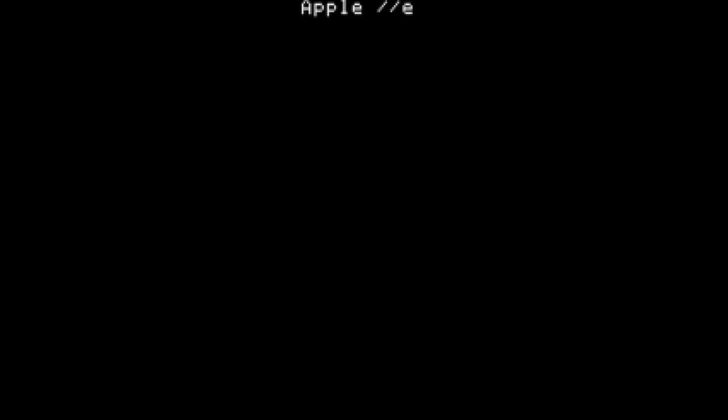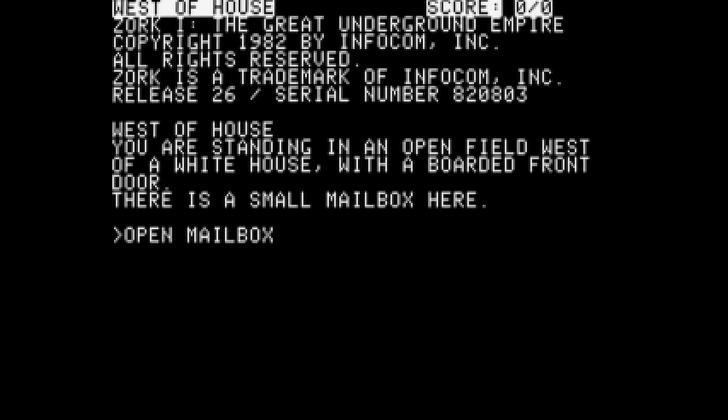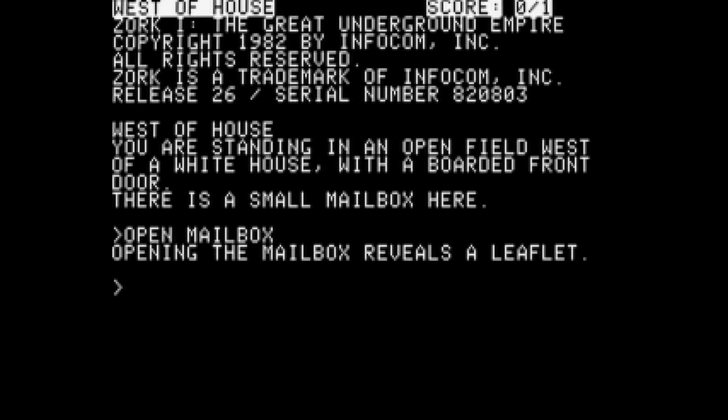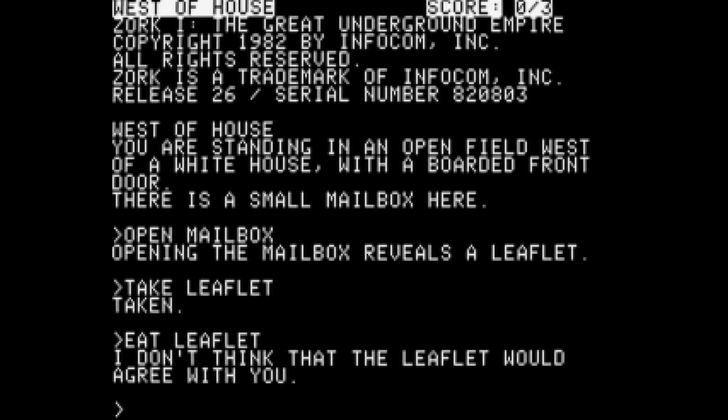Before graphics, before worlds in 3D or alternate reality, there was this: a blinking cursor, a single line of text. "You're standing in an open field west of a white house." But behind those words was an entire world, one that the player was invited to discover after the mind of the designer. Zork didn't just show you a world, it asked you to step into the mind of the designer and to begin to imagine a little bit of it yourself.